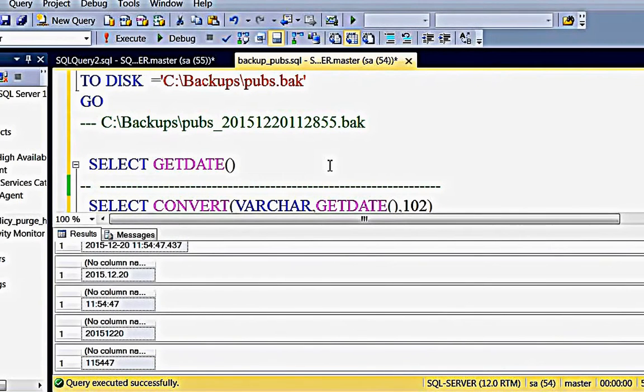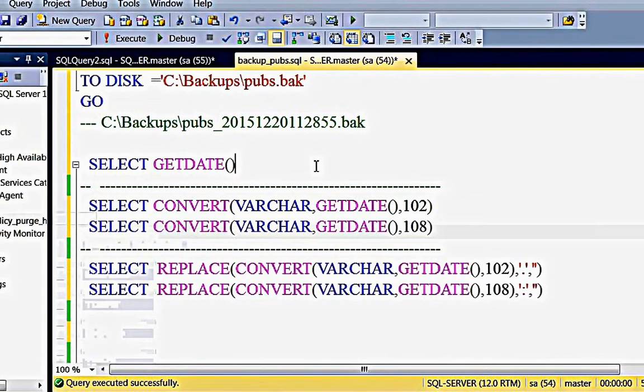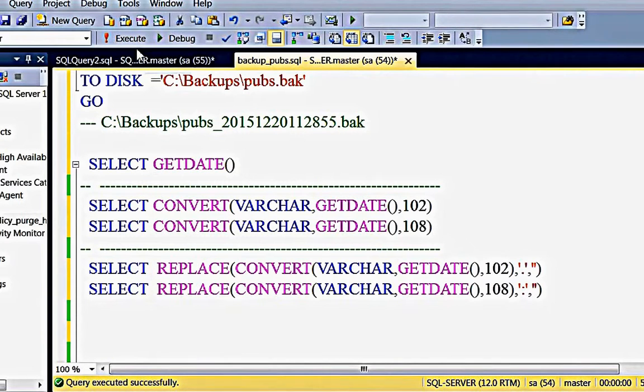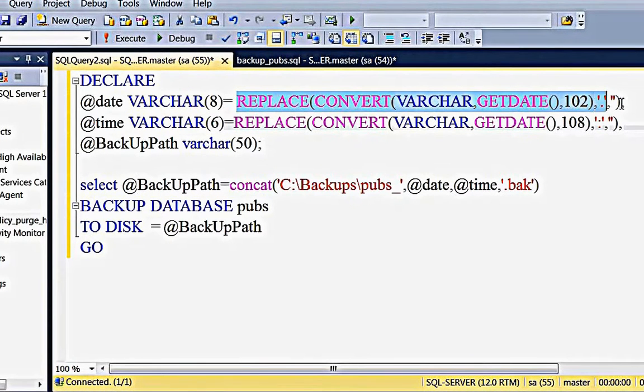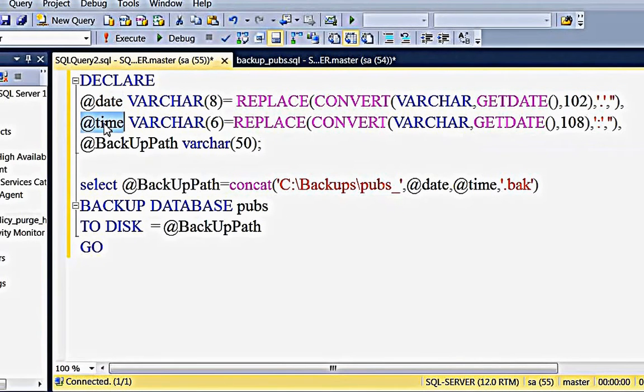Okay, for that I have already generated it here. See, the statement which we executed, I am placing into the date string, same for the time string.